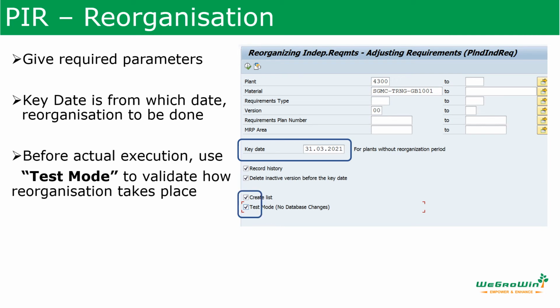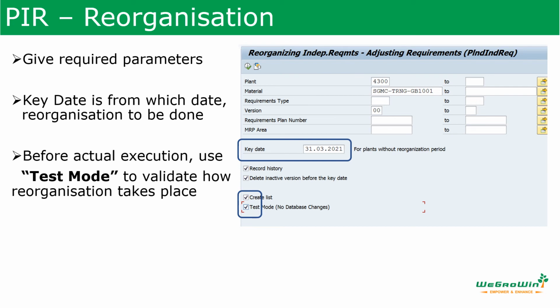And when you are doing this reorganization, I want to ensure that the removal is happening properly, so I want to validate also. So let me run this program in test mode. Like this, there are some transactions which you can run in test mode before actually executing them. This is one of the transactions where you can run the PIR reorganization in test mode, which means the database will not change. See that. And also we are ticking that create list.